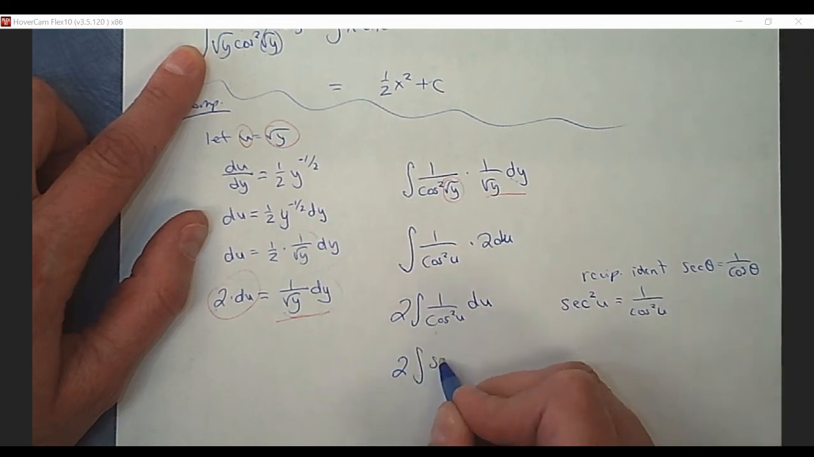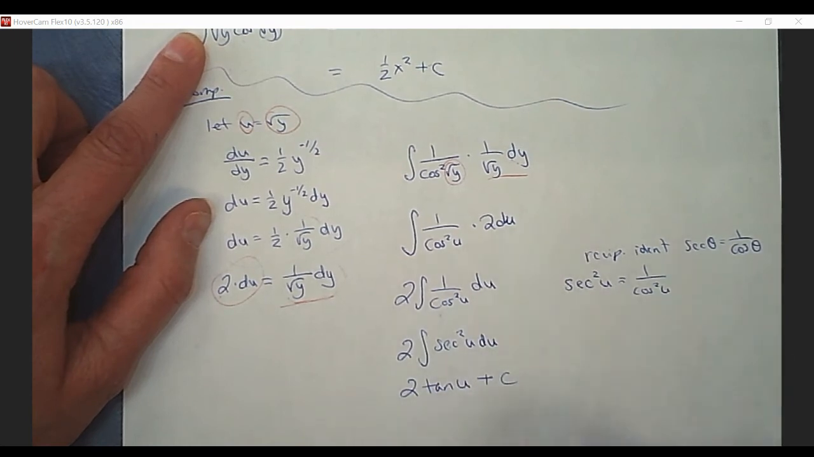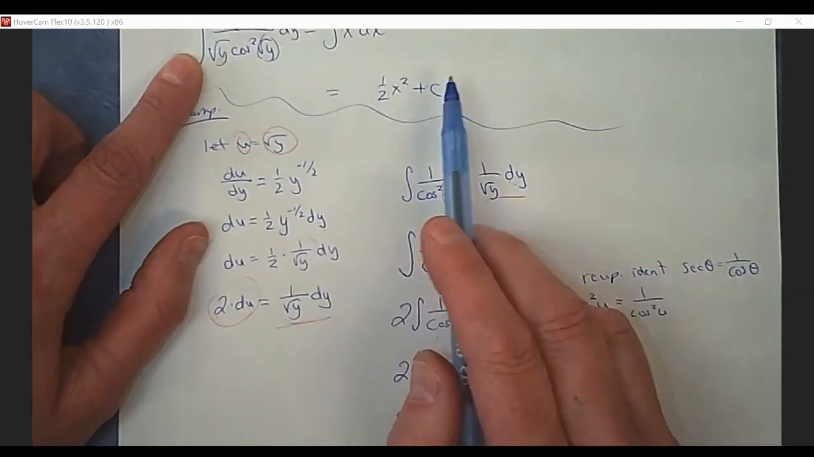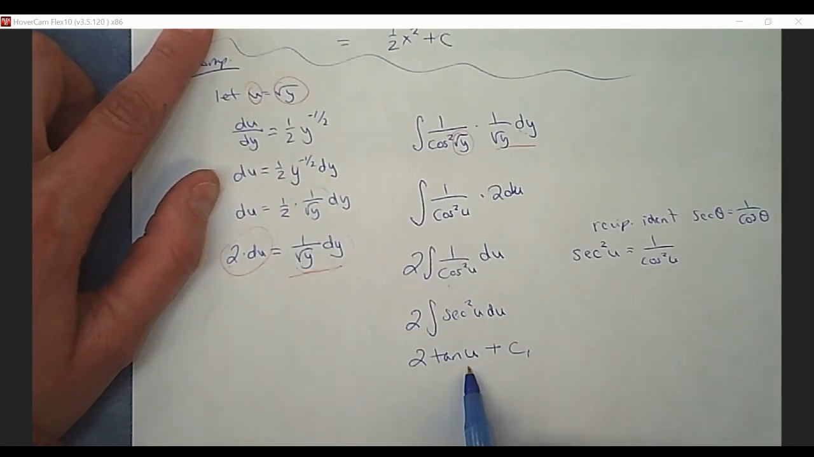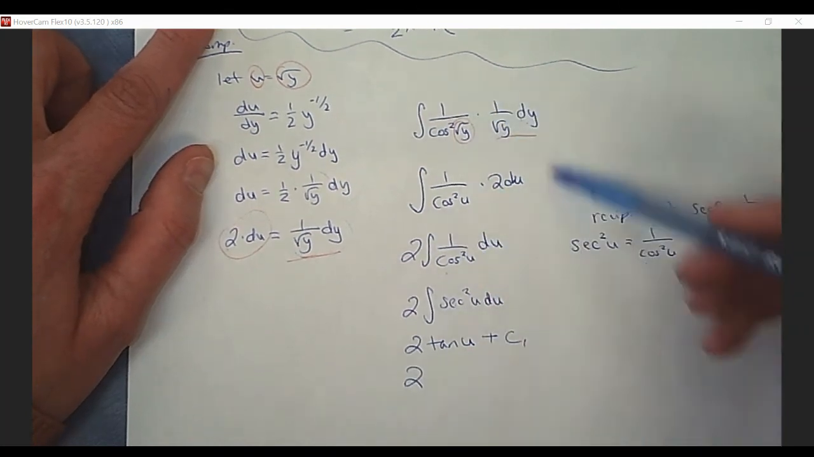So what we can do is make this secant squared, and the reason that's good news is because we know the antiderivative of secant squared is tangent, and then usually we'd put our plus c. I'll throw that in now. I technically should probably put a subscript because I already used c up here. So I have 2 tangent u plus c,